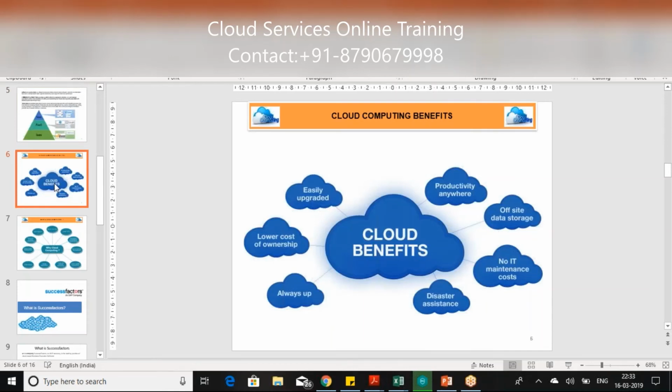SuccessFactors has to keep an eye on the product as per the requirements of the client. Since it is being used globally, there may be some functionalities or requirements which are not covered in SuccessFactors, so every day they build new functionality in the product. SuccessFactors upgrades their product once every quarter.